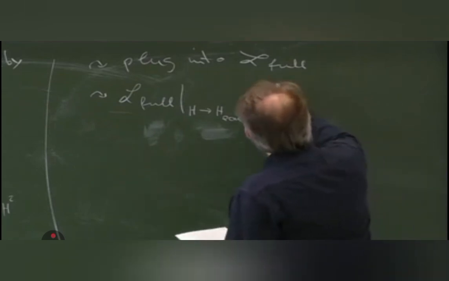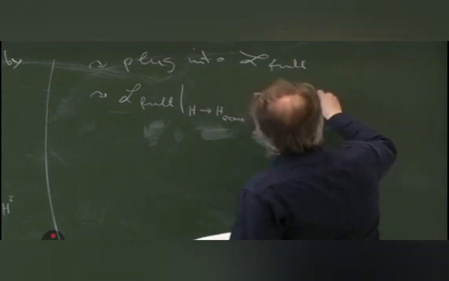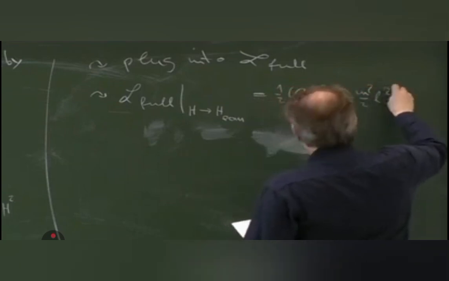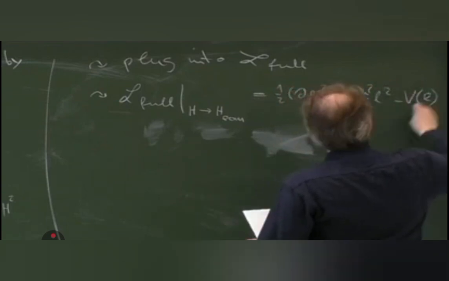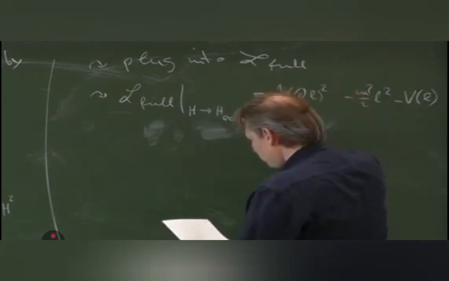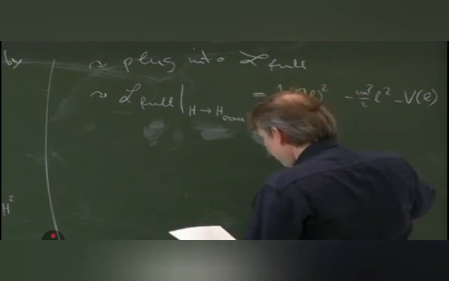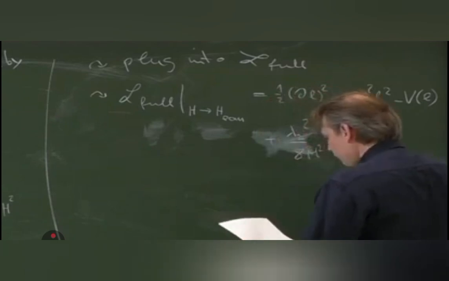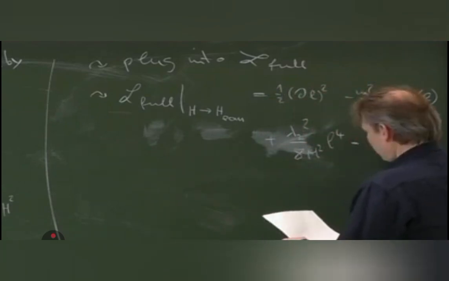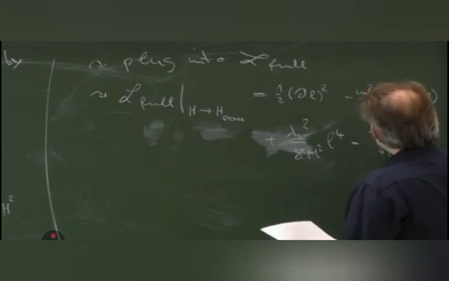We get 1 over 2 dL squared, the kinetic term, minus the mass term, minus the original potential. And then we get one term plus lambda 2 squared divided by 8 capital M squared times L to the 4th, minus lambda 2 squared lambda 1 divided by 4 M to the 4th L to the 5th,